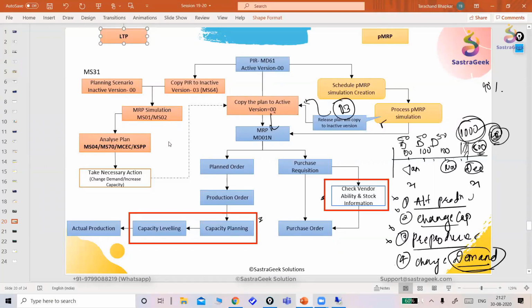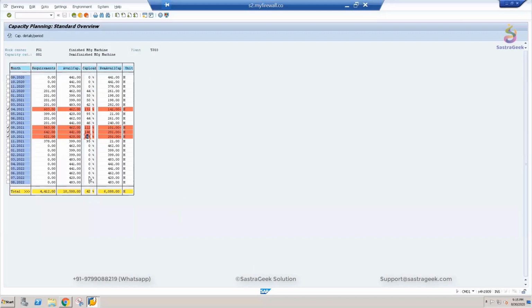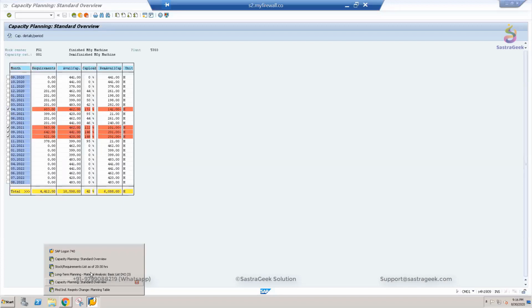So what I'll do, I'll just show you the last step, and then we will go ahead and see what are the good things that are there in pMRP. Let's say the planner has taken the decision, okay, this high demand, that is fine anyway. I'm going to produce by increasing the capacity of the machine. But for that, he is planning to change the demand. So what he will do, he'll go to MD62,